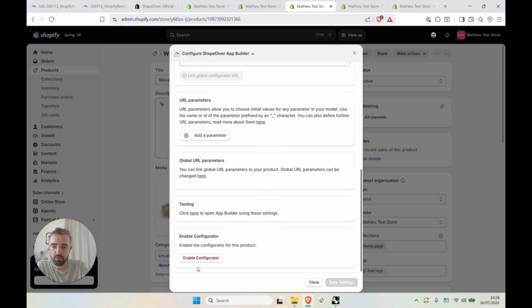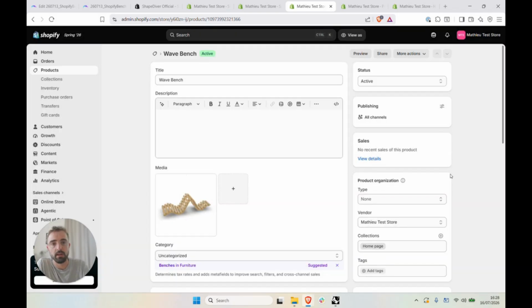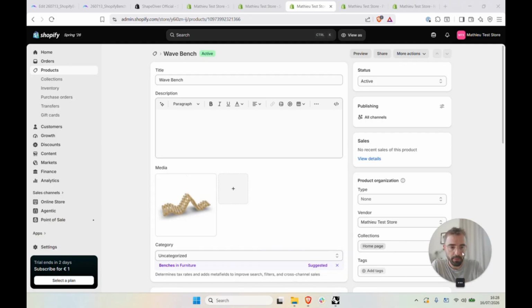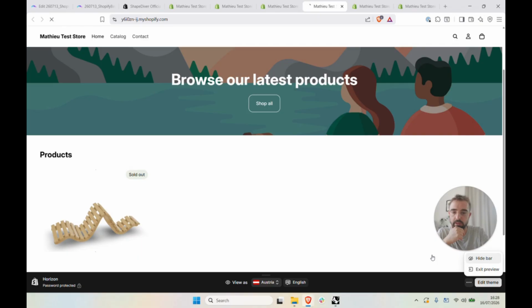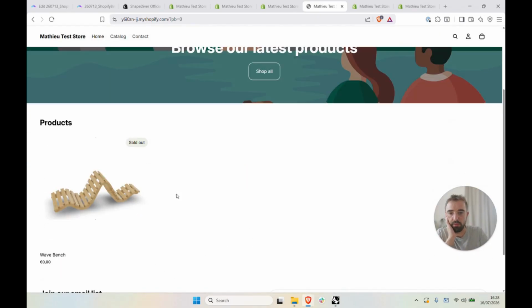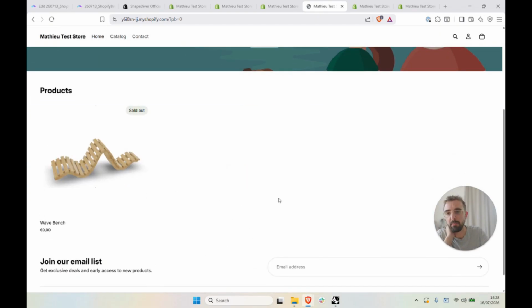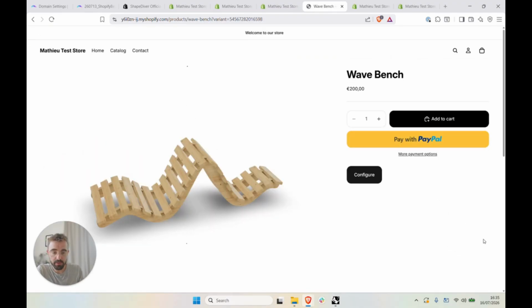And after saving, I get this new option. I can enable the configurator, right? So that's when the configure button will appear and the configurator will be available in my store. So I'll now test the integration. I'll open a preview of the store. And here, all of this is using the default theme, default settings of everything, so you can obviously customize all of this in Shopify. But I have my first product here, and I'll see the default product page. I didn't customize it at all, except for adding this configure button, which comes from the ShapeDiver plugin for Shopify,